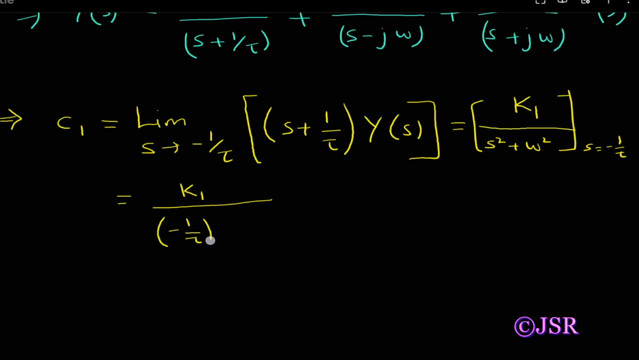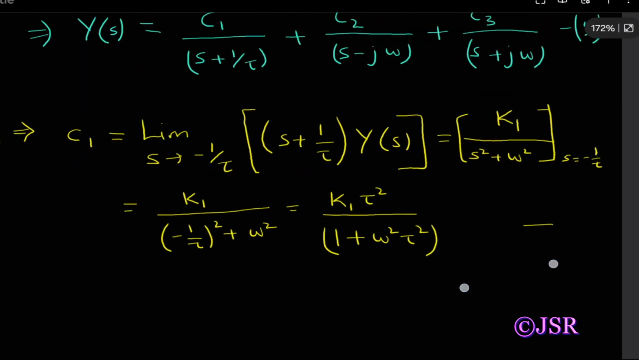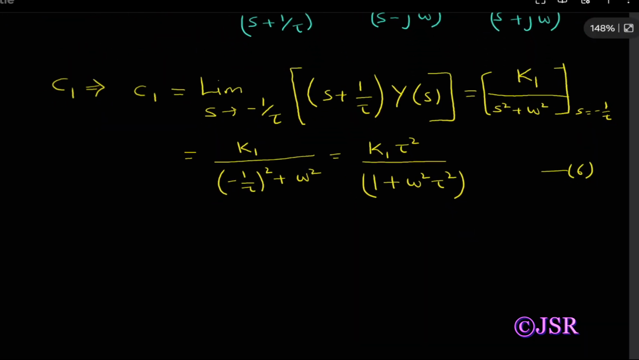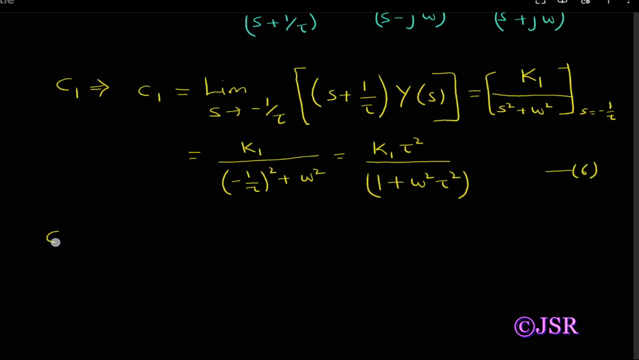So we will get k1 upon (minus 1 by tau) whole square plus omega square, and this will give us k1 tau square upon 1 plus omega square tau square, and this is equation number 6. Similarly,